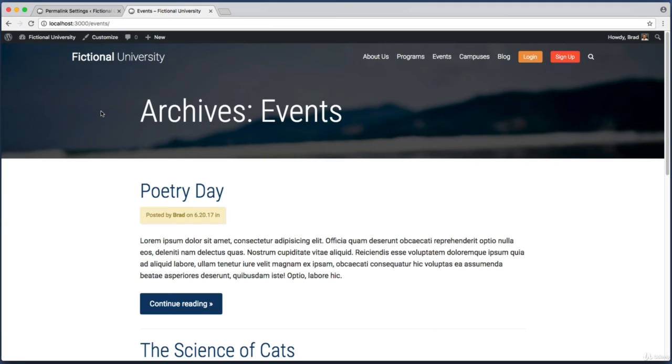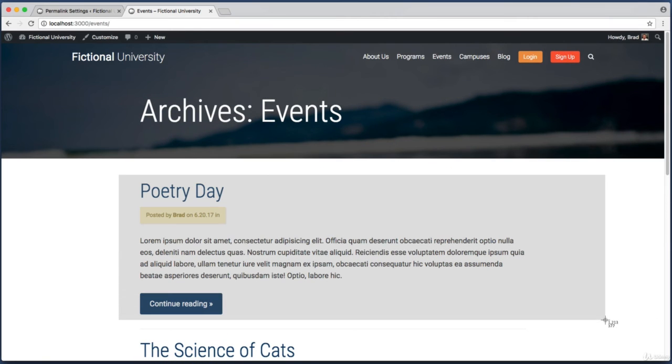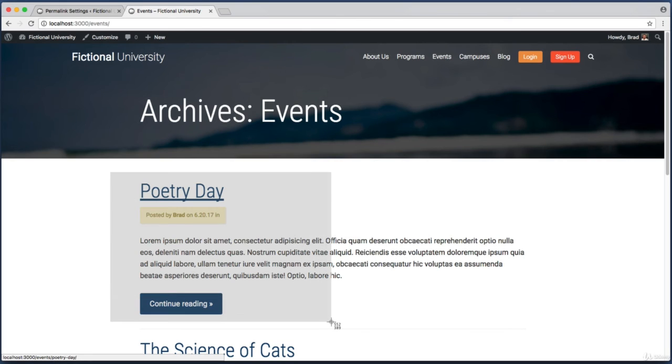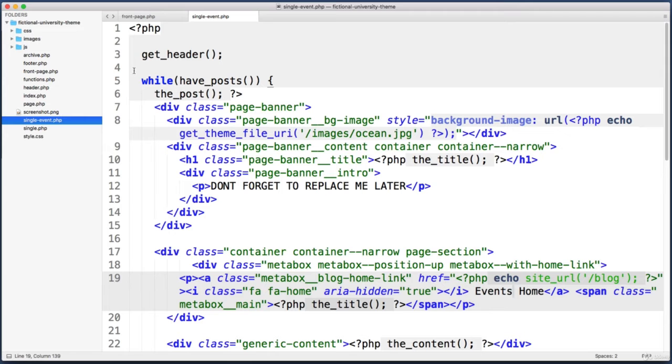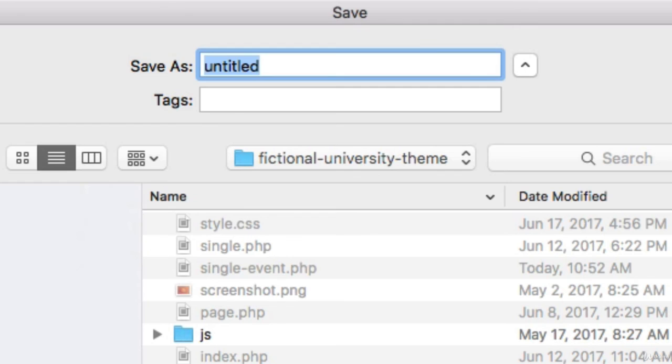Okay, now changing gears, on this events archive screen that shows all events, you might notice that this formatting or styling makes sense for a blog post, but we'd probably want to display things differently for an event. Now at the moment, the theme file that is powering this screen and URL is archive.php. And if we want a new theme file that's only responsible for the event archive, all we need to do is go into our theme folder. Here it is. And let's create a brand new file in the theme folder. The name of this file is important. We want to call it archive dash and then whatever the name of our custom post type is. So in this case,